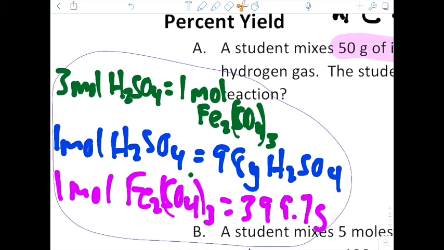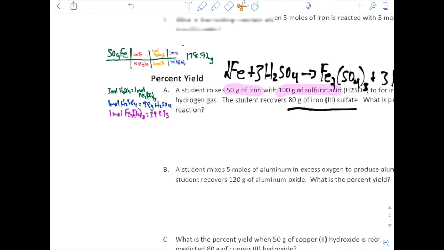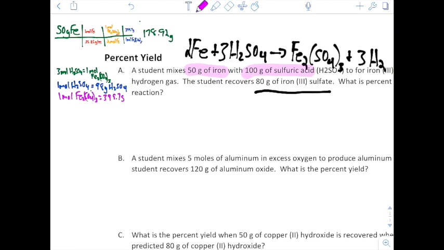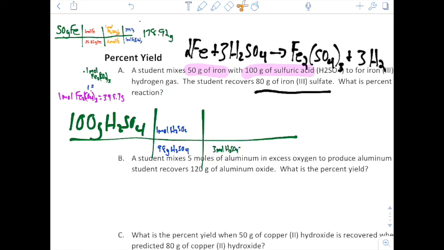Okay, so now we have our conversion factors. We can go ahead and convert these. Starting with what our problem gives us, it gives us 100 grams of sulfuric acid, so we'll start with that. 100 grams of H2SO4. And then all we have to do is convert again. So we put our grams of H2SO4 on the bottom, 1 mole on the top, and then we keep going, and we use our mole ratio, 3 moles of H2SO4 to 1 mole